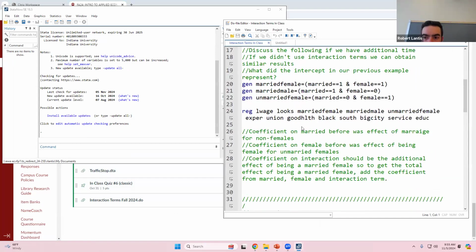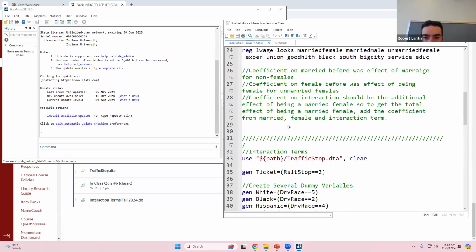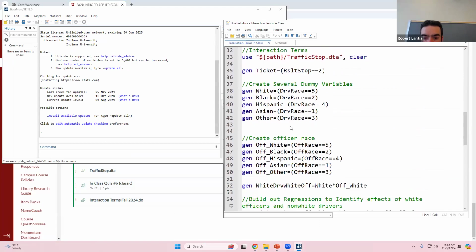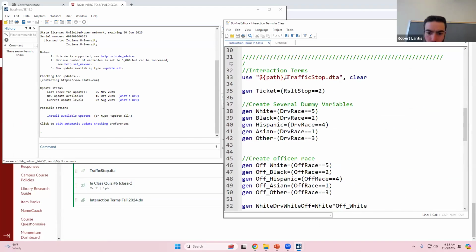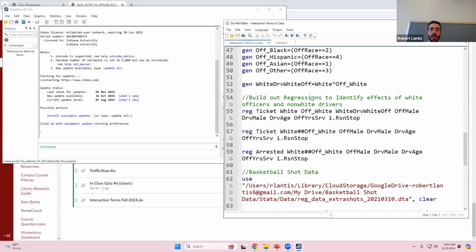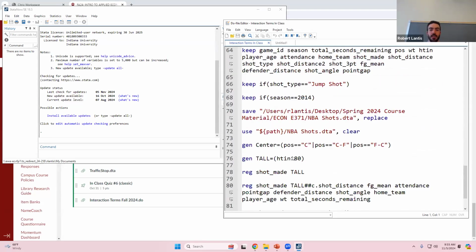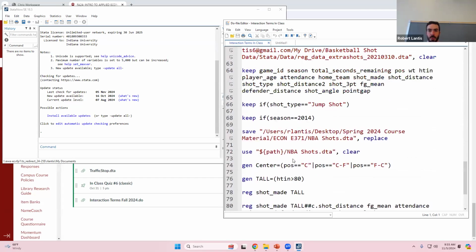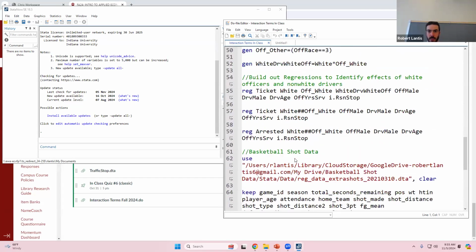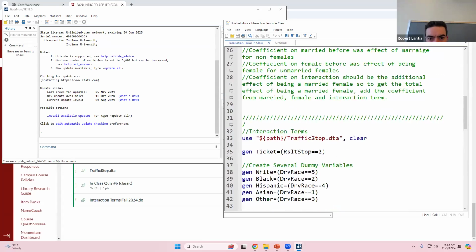So let's see here. We already looked at this stuff. Yeah, this is the one that I wanted to take a look at. So we'll revisit if we just do these interaction terms with dummy variables. We'll then look at one where we have a dummy and a continuous variable. And then we'll think about, well, where is my,